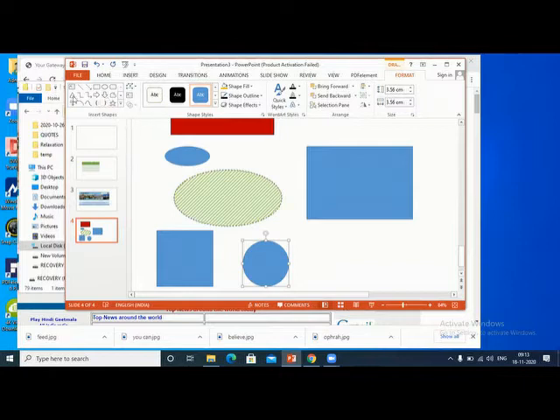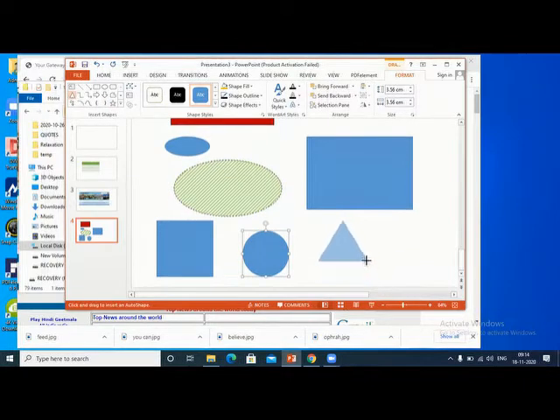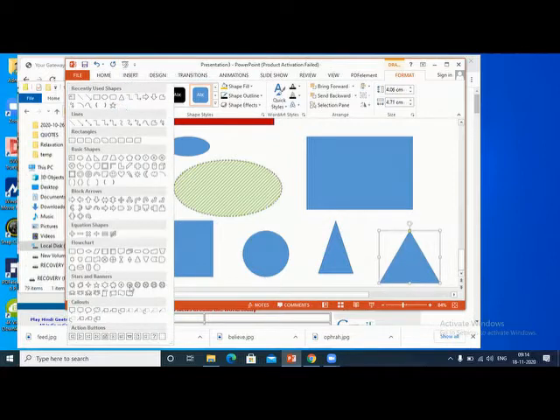Same way you have a triangle here. You see here triangle, it is not coming as a proper one, like this is coming. So use the shift button. So you get an equilateral triangle. So shift is very, very powerful command. There are stars.